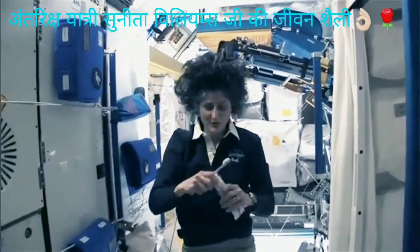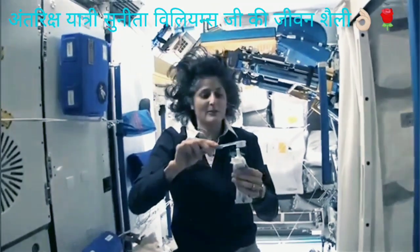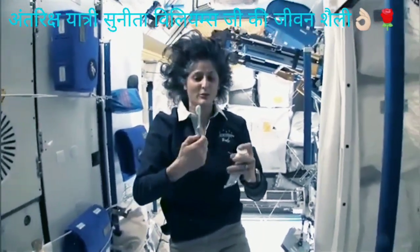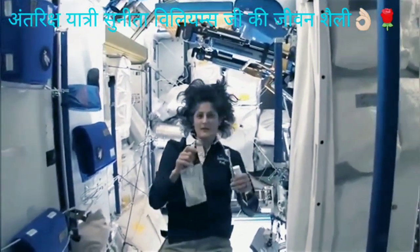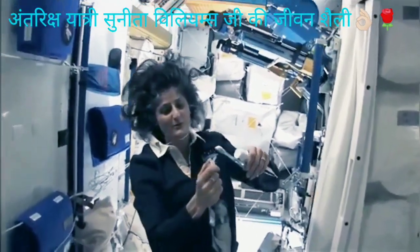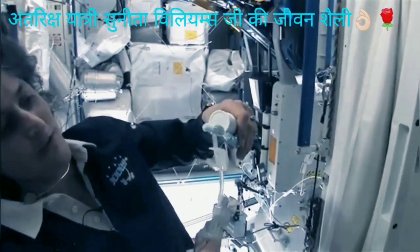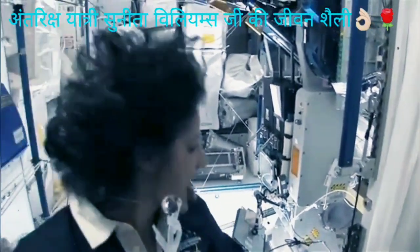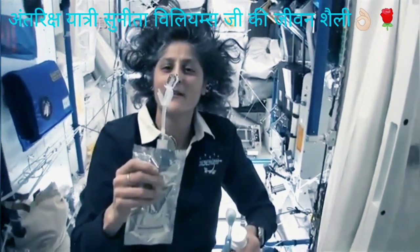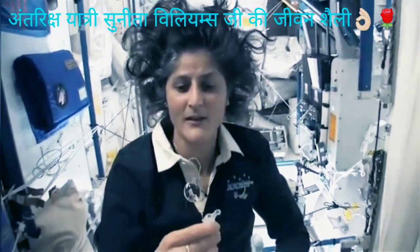A lot of people ask about toothbrush and toothpaste. So, luckily enough, toothpaste is sticky, and so it sticks to your toothbrush. No problem. Another cool thing is that water sticks to your toothbrush too. If you can see it, I'll have some water come out. The water is pretty neat up in space. It'll stick to your toothbrush and it will make a big bubble, and that's just by surface tension. And then you can